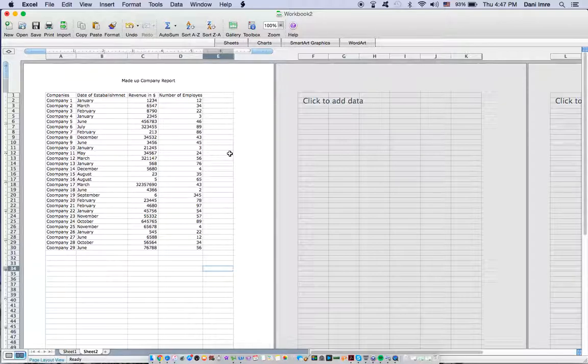So here I just created this data table. As you see, it could still use some editing. Everything is made up. The companies are company 1 till 29, and the dates, the revenues, and number of employees. As you can see in the title, it's a made up company report. To show you quickly, to add a title in Excel,